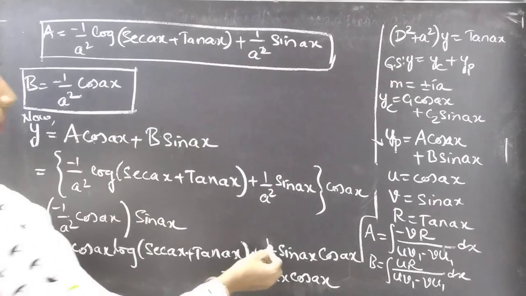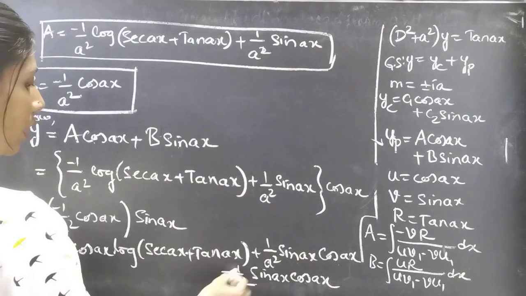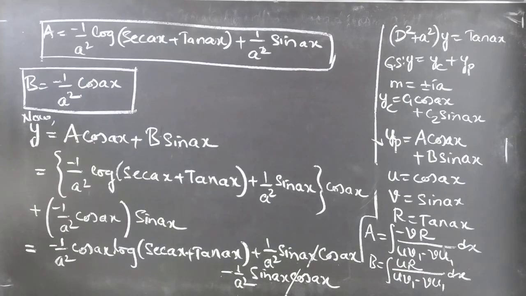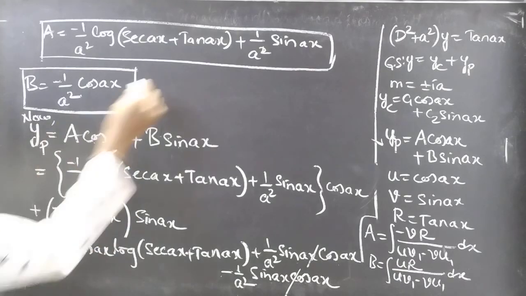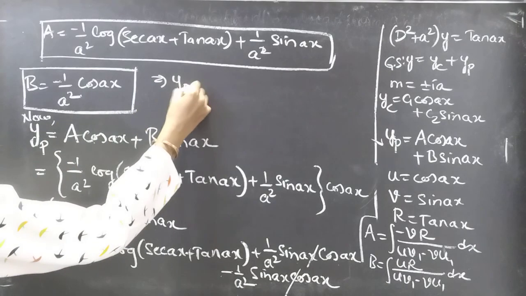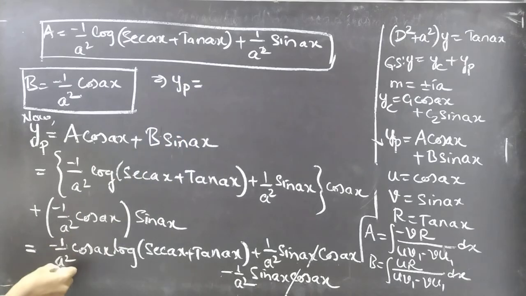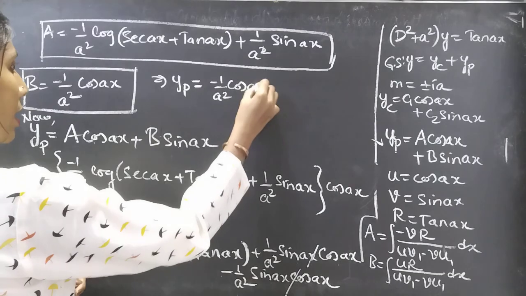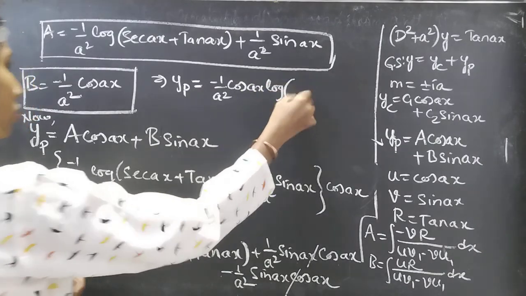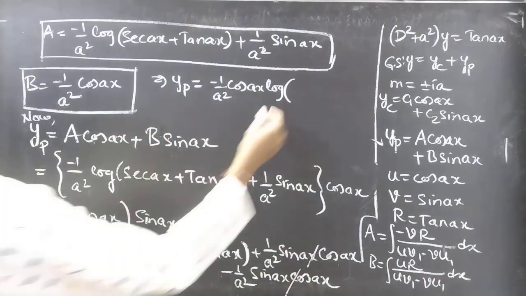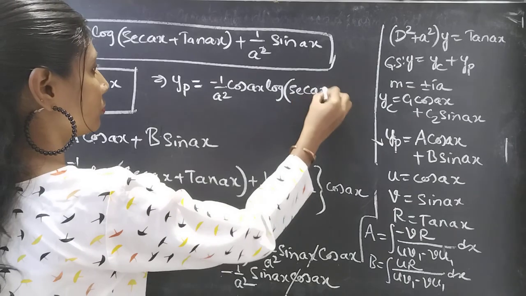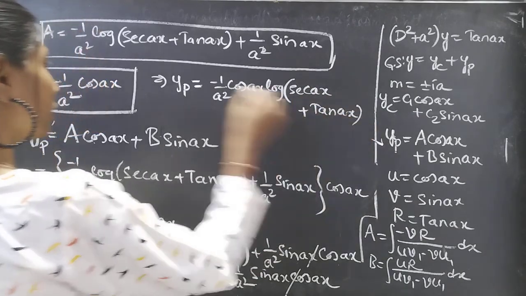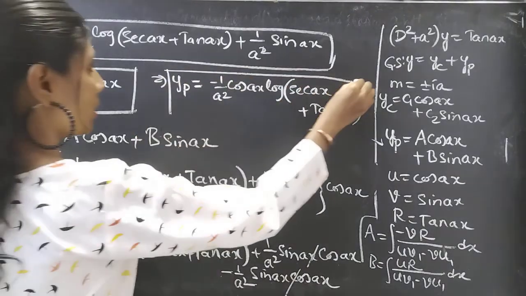So here plus 1 by a square sin ax cos ax and minus 1 by a square sin ax cos ax get cancelled, and you will get yp equal to minus 1 by a square cos ax into log of secant ax plus tan ax. Okay, we got yp,